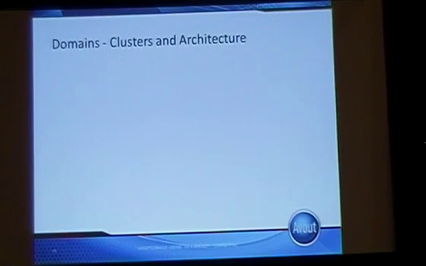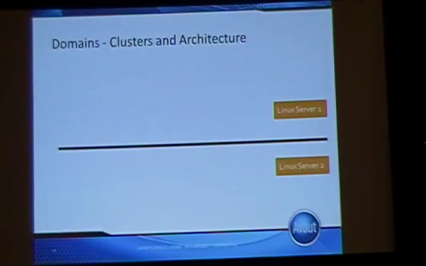So how do things get clustered together? How do these domain things work when you're talking about a cluster? Let's say I have two different Linux servers. And obviously they're separated, they're two physical